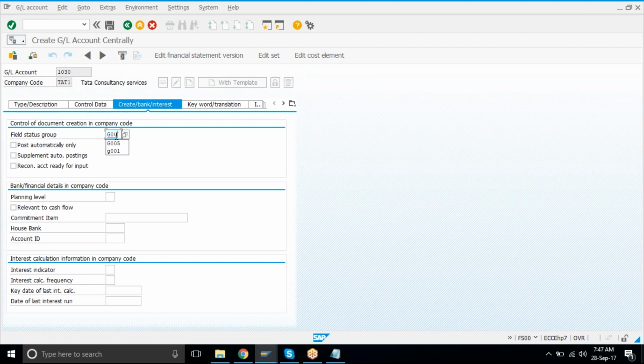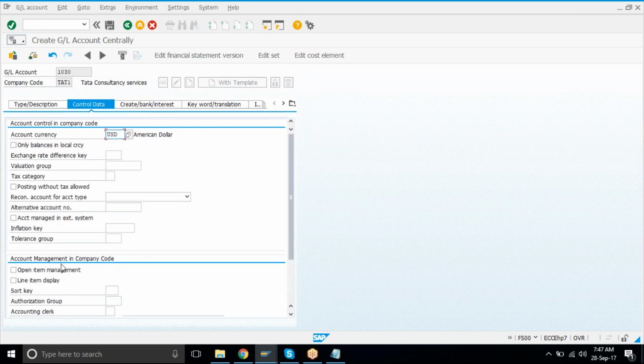Make this account G009, bank account with obligatory due date. Mark it as post automatically only. Again, it will be open item management, because until the bank gives us intimation that they have got the money from your customer, this account will be kept open.